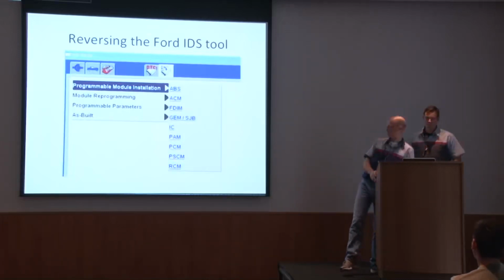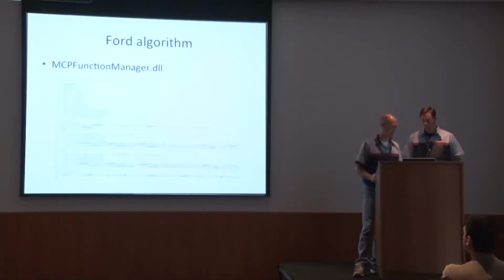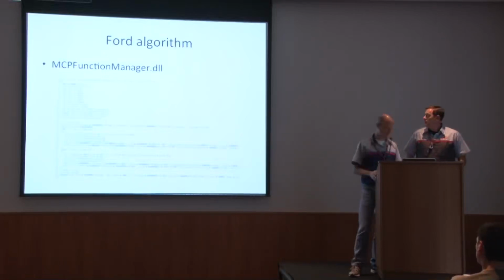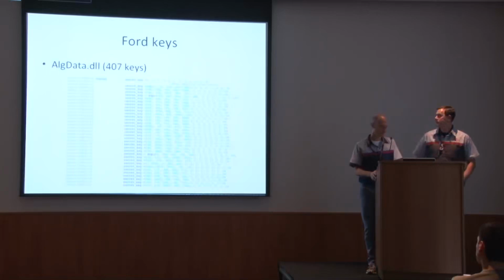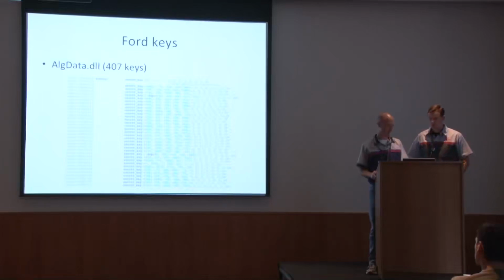So this is what the Ford tool looks like. It's like straight out of 1990. And you can reverse it, and they actually had some anti-debugging built into it, but it was very trivial to get around. So this is the actual algorithm they use to compute the security response, and this is in hex arrays. And then here's all the keys dumped out of hex arrays. So you can just dump them out and see what they all are for every ECU, for every Ford.